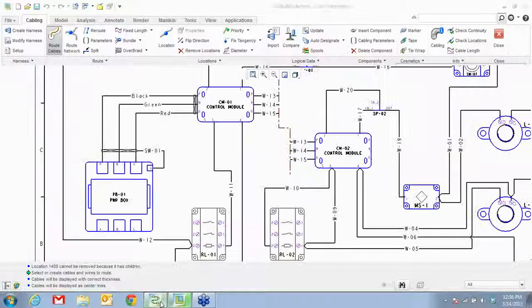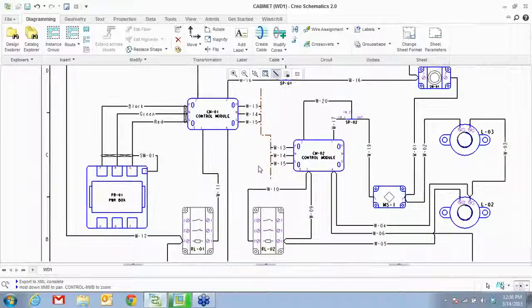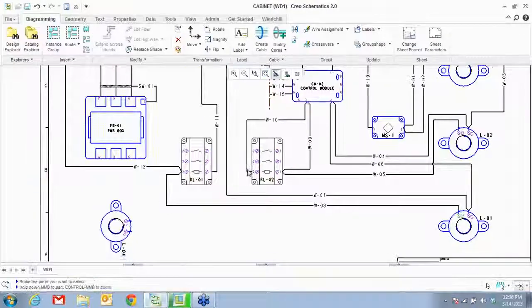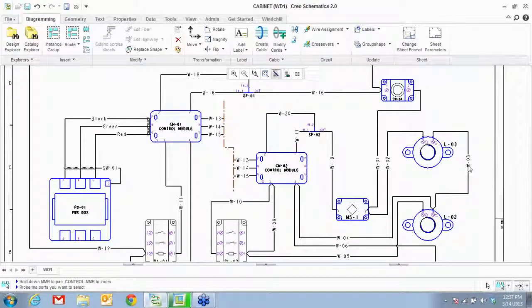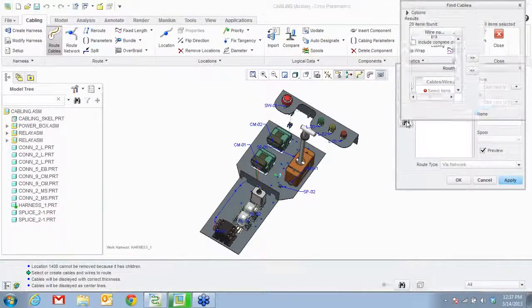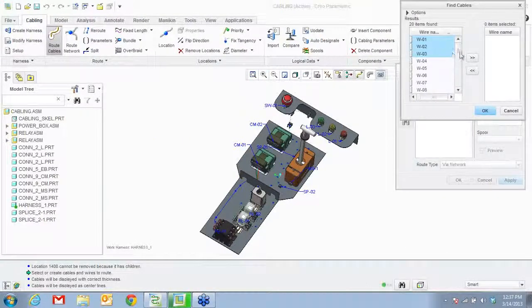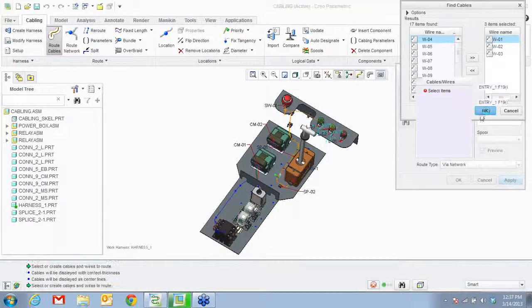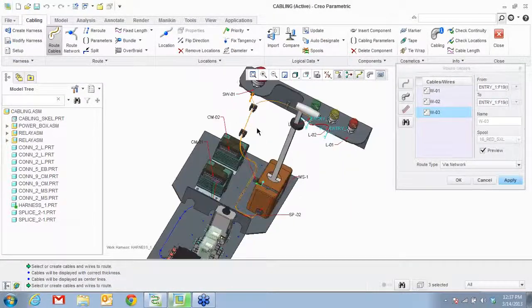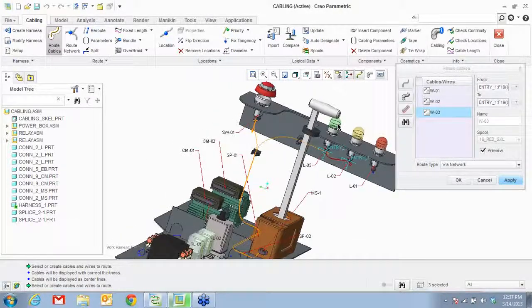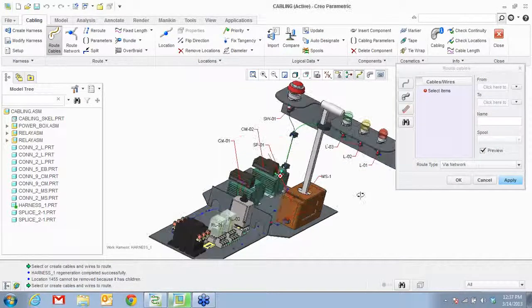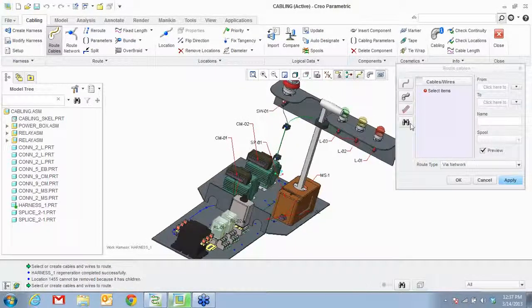Now similarly, we can also look for wire 1, 2 and 3, and we can route them as we go. So you see wire 1, 2 and wire 3 goes from the switch MS1 to lamp O3. So let's go find wire 1, 2 and 3, and you see how it's going from here to lamp O3, and there is another wire connecting lamp 3 to lamp 2. So there's that.